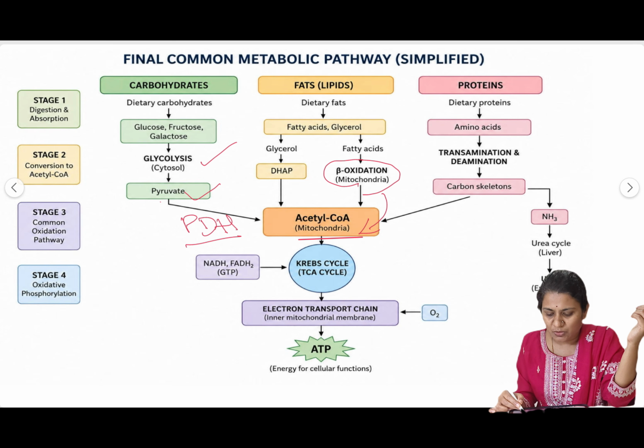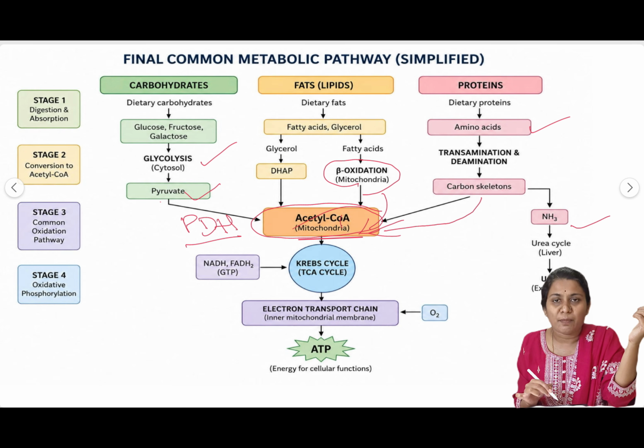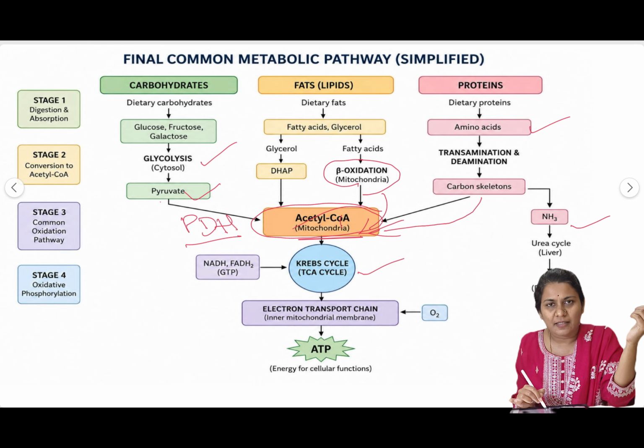We all know that the building blocks of protein are amino acids. So during the metabolism of amino acids, what is left? Ammonia is produced and the carbon skeleton is converted into acetyl-CoA. So this is the main source of energy. This acetyl-CoA is going to enter our Krebs cycle, which we call the TCA cycle, where acetyl-CoA enters the mitochondria and produces ATP.